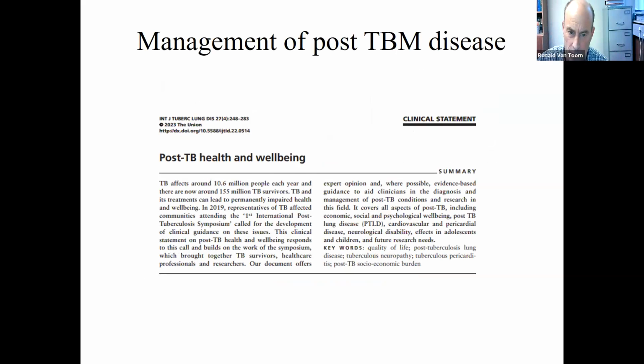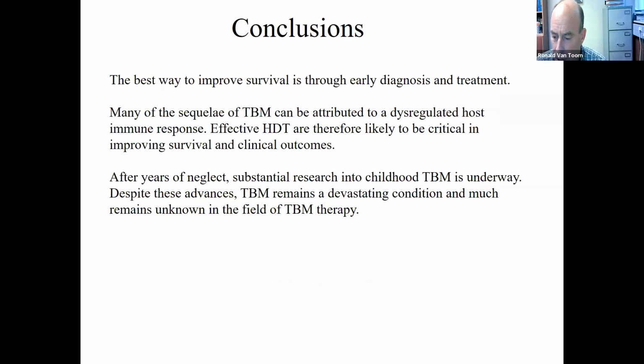And then the last slide, just to conclude: the best way to improve outcome and survival is early diagnosis. Many of the sequelae that we see, especially the ischemic sequelae, are because of the dysregulated host immune response. And hopefully in the future, we will be able to identify better host-directed therapies to improve outcome. What is good news is that even after years of neglect, we now have trials in childhood TBM, and I think within the next year or two, we'll be able to tell you the optimal antimicrobial treatment regimen for TB meningitis, based on the fact that we will now have randomized controlled trials